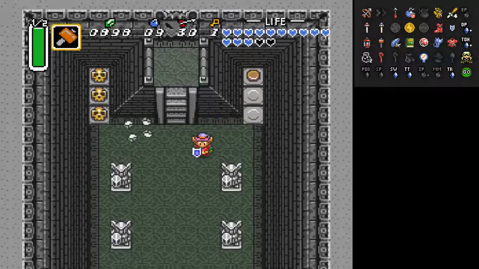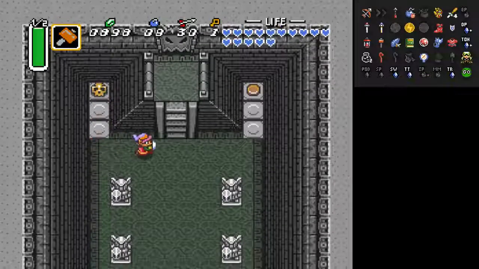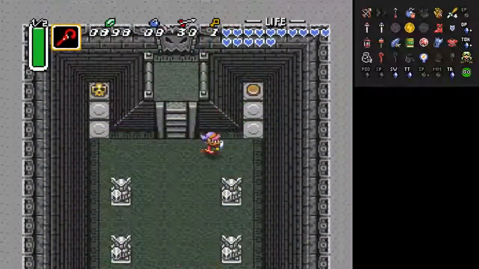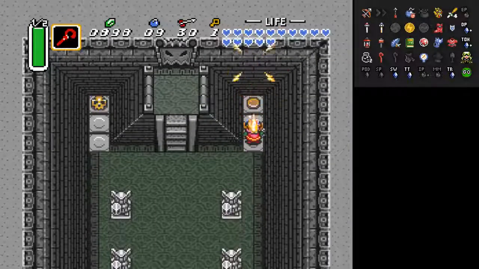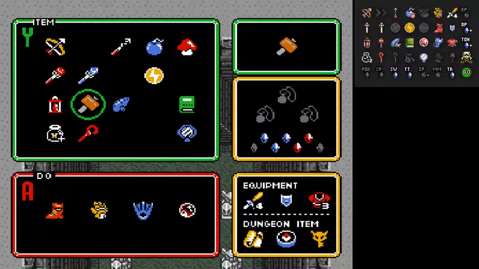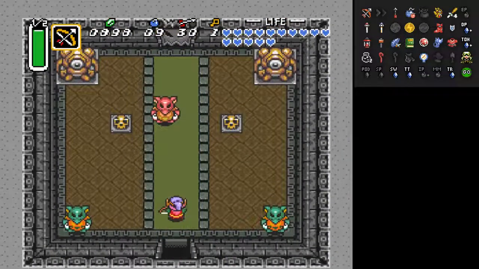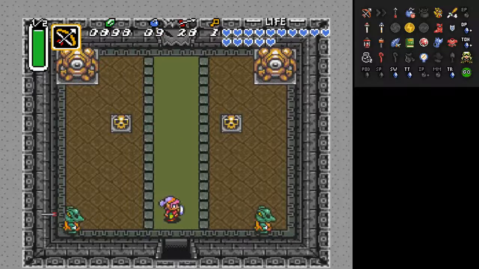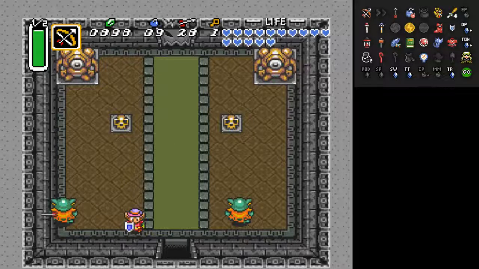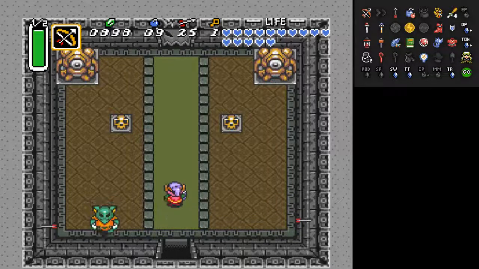And since we have the Cane of Somaria, we can also do a fun little trick here. We don't have to drag that statue over. We can just put a block here, or put a block there, yeah, and go through to the next room. So again, here's another room where you need to have the bow. And this is almost entirely why the bow is required for...